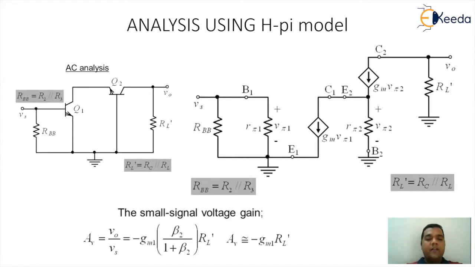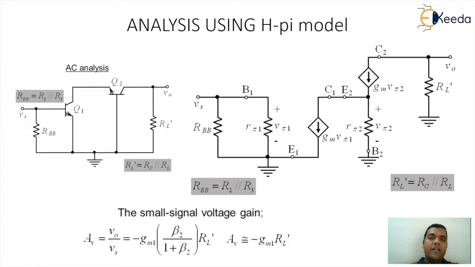So when I find the total voltage gain, which is going to be VO by VS, it will come as minus of GM RL dash, where RL dash is basically RC parallel RL. So overall, if you try to analyze the circuitry using the hybrid pi model or the hybrid model or the RE model, in either of the cases, the definition of voltage gain for the cascode will remain the same. And I repeat, the gain of the cascode amplifier, which is basically a two-stage network, is as good as the gain of a single stage common emitter amplifier.